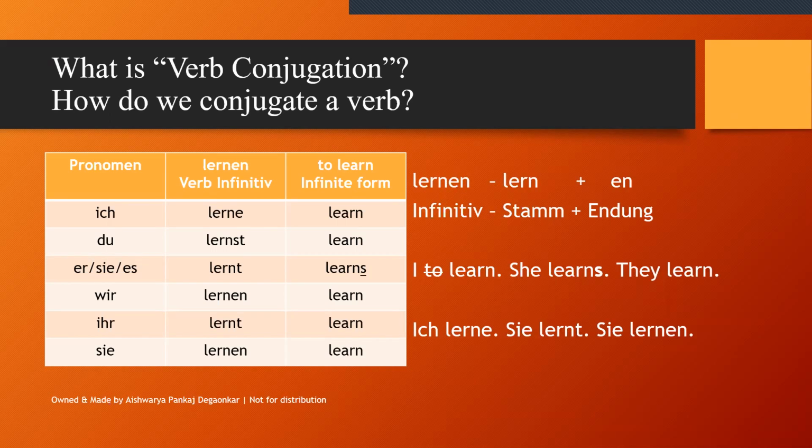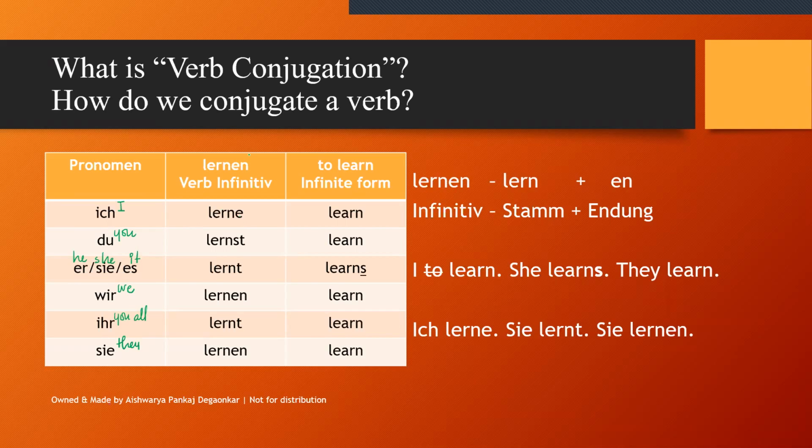So this is again something that we have learned passively, but because we will be learning German as a foreign language from scratch, we will be looking at these elements right as they are. So on the left we have a table where we have the German pronouns. I'll write what they are in English as well, just so it's clear. So ich stands for I, du is you informal, er is he, she, it, wir is we, ihr is you all, and sie here is they. Here I've skipped the formal you for a reason. We'll come back to that later.